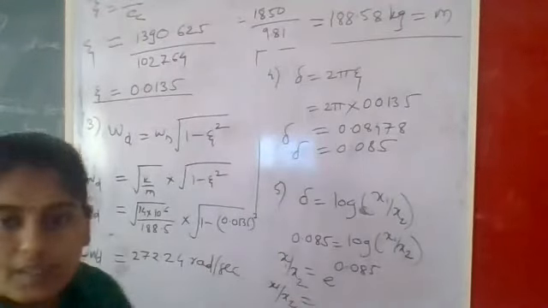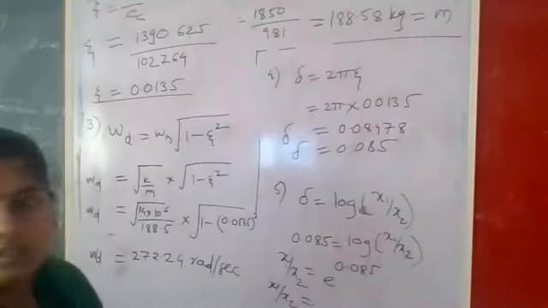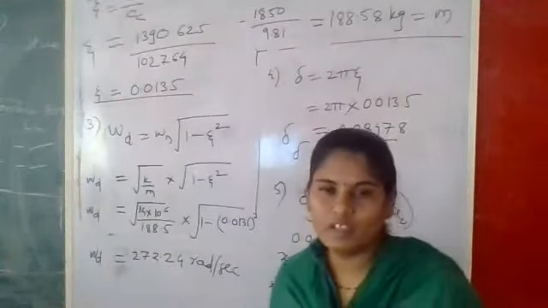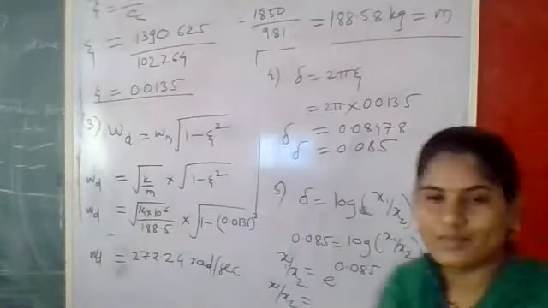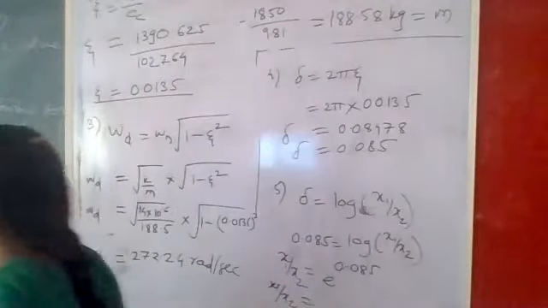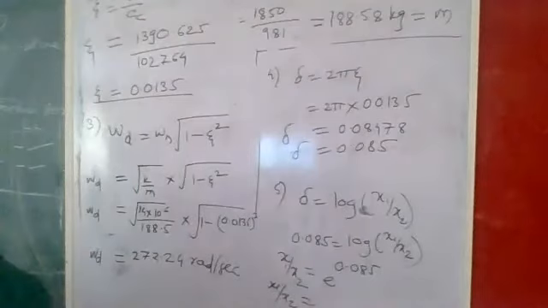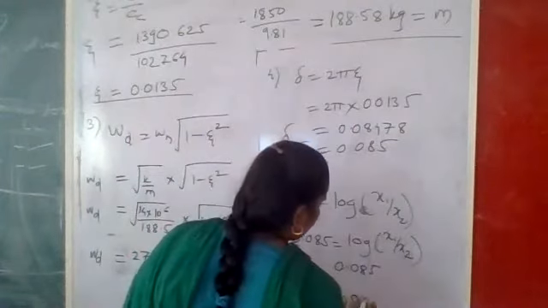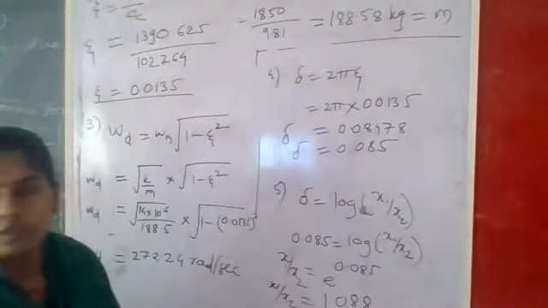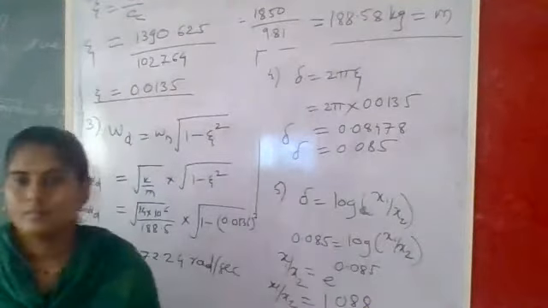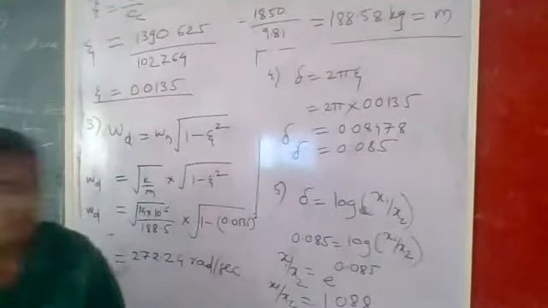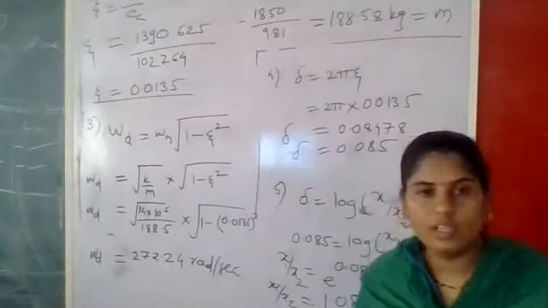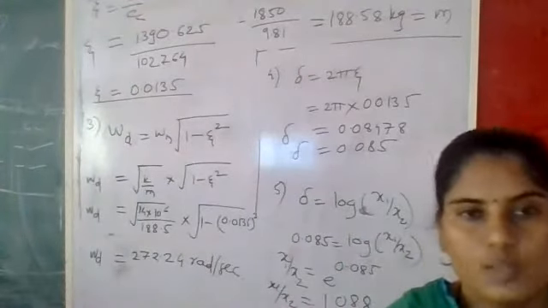What is the answer? Please tell me. Pranali, Rohini, what is the value of x1 and x2? Please come with the calci. What is the value of x1 upon x2? Maybe as per my knowledge that is the 1.088. That is the value of x1 by x2. Right. Okay, no problem. All of you clear this? That is our problem number 1, and problem number 1 is completed here. We'll go for the next problem now.